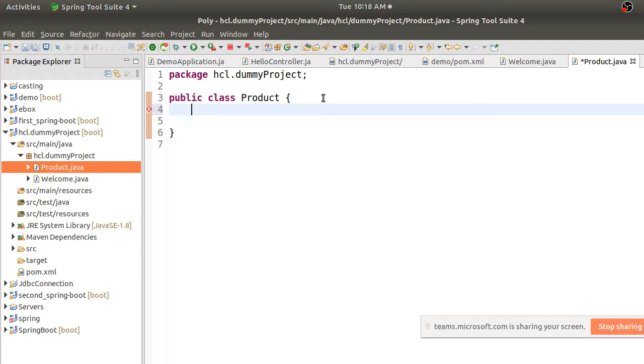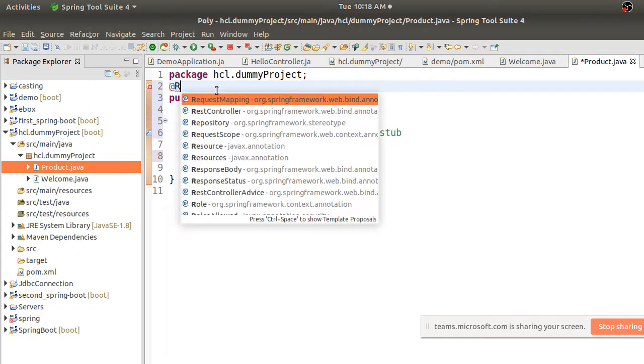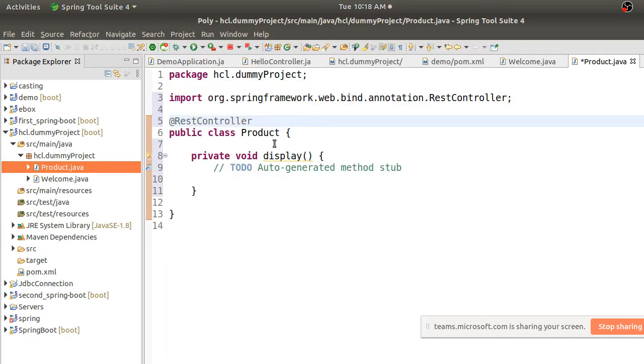Instead of going for the actual properties, I'll just have one method here as of now, say display, and I will annotate this with @RestController. This is the annotation that tells my Spring Boot application that I have written one controller where it has some methods.